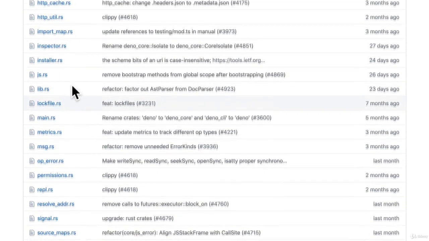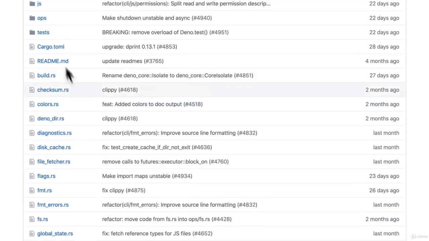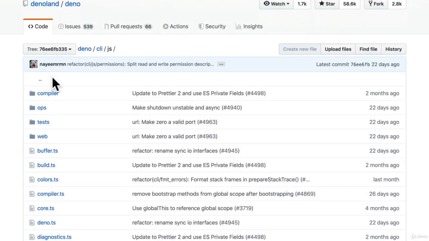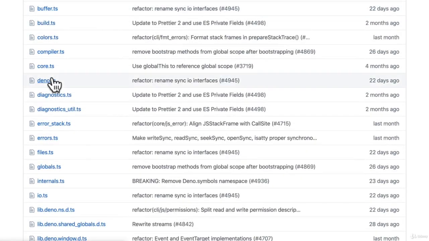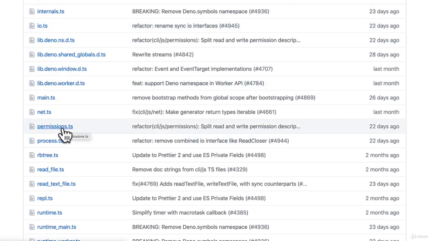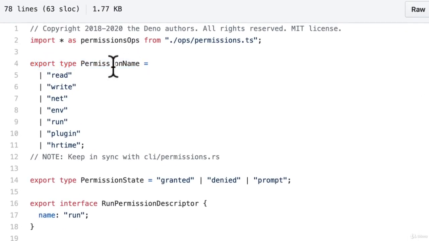And there should be one permission for TypeScript as well. Let's see. Let's go to JS. There you go, permissions.ts. Remember that Deno has a TypeScript or JavaScript side and a Rust side. So if we go to permissions here, we see that, oh, there you go. Export type PermissionName, and these are all the permissions that we have. Look at that. And it also says, hey, keep these in sync with the CLI permission in the Rust side